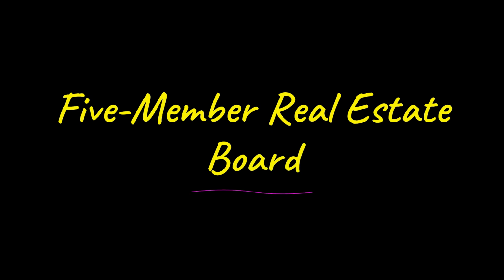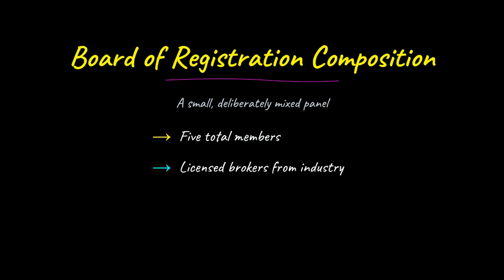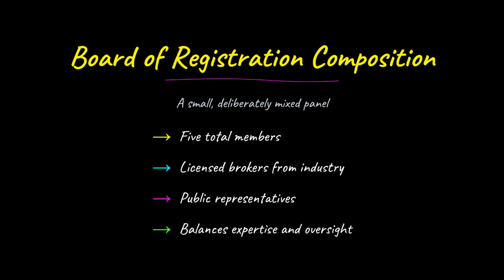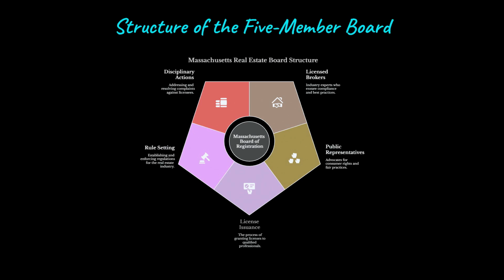Massachusetts regulates real estate licensees through a board built to balance 2 interests: the expertise of the industry and the perspective of the public. The Board of Registration of Real Estate Brokers and Salespersons has exactly 5 members, combining licensed brokers with public representatives, so the board reflects both professional knowledge and outside accountability. Picture the board as 5 seats, some filled by brokers who understand daily practice, others by public members who keep the focus on consumer protection, together handling licensing,